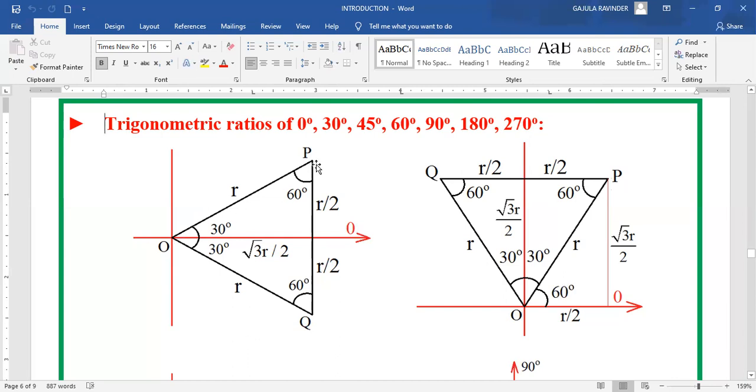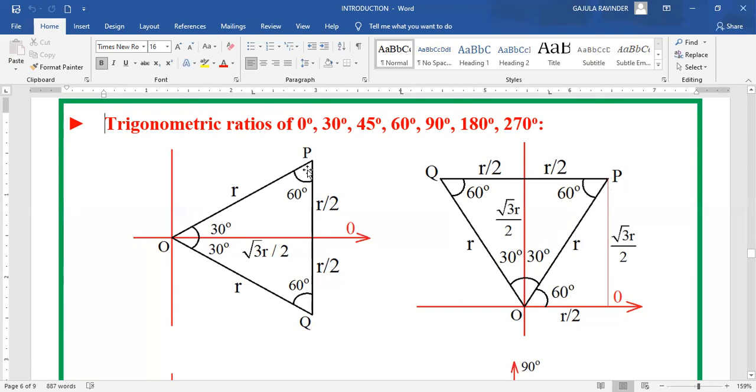So like that, dear friends, from this triangle you can find all the ratios of 30 degrees in terms of the sides of this right angle triangle with the hypotenuse. Of course, I have listed all the ratios as we already discussed in the last session about the trigonometric ratios of acute angles. So you can take all 6 ratios of this 30 degrees in terms of the sides of the right angle triangle along with the hypotenuse.